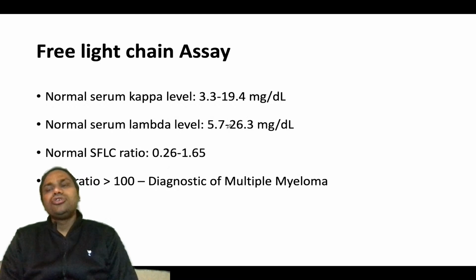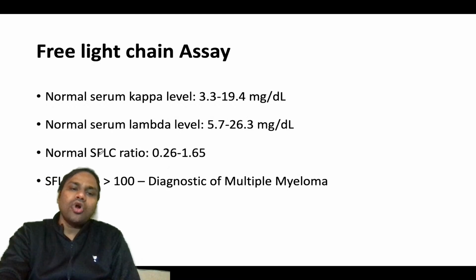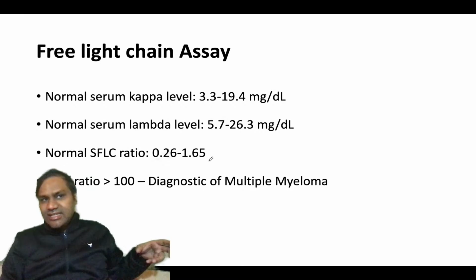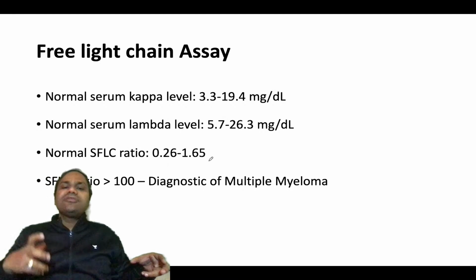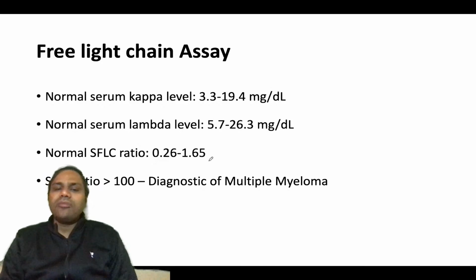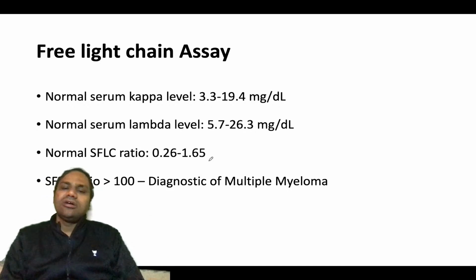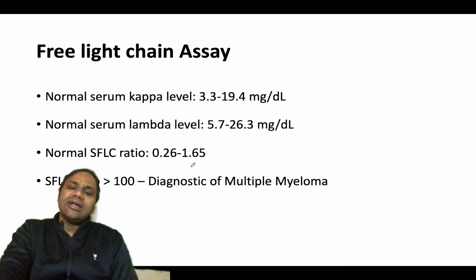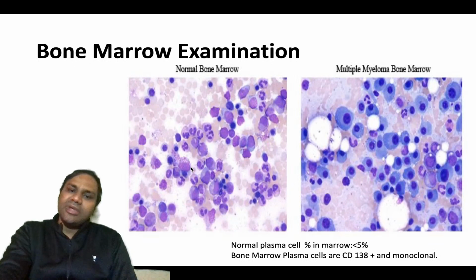What you look at is the serum free light chain ratio. The normal serum free light chain ratio is 0.26 to 1.65. If the ratio is less than 0.26, or greater than 1.65, that is diagnostic for multiple myeloma. A serum free light chain ratio greater than 100 is basically known as